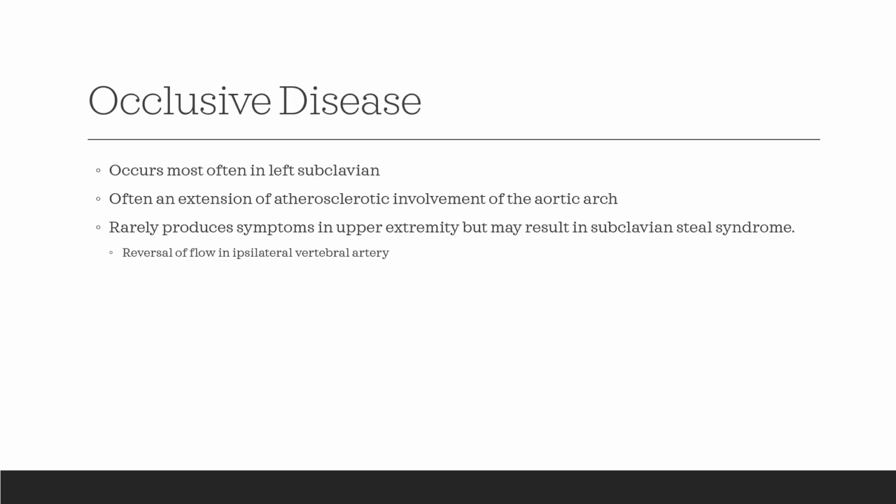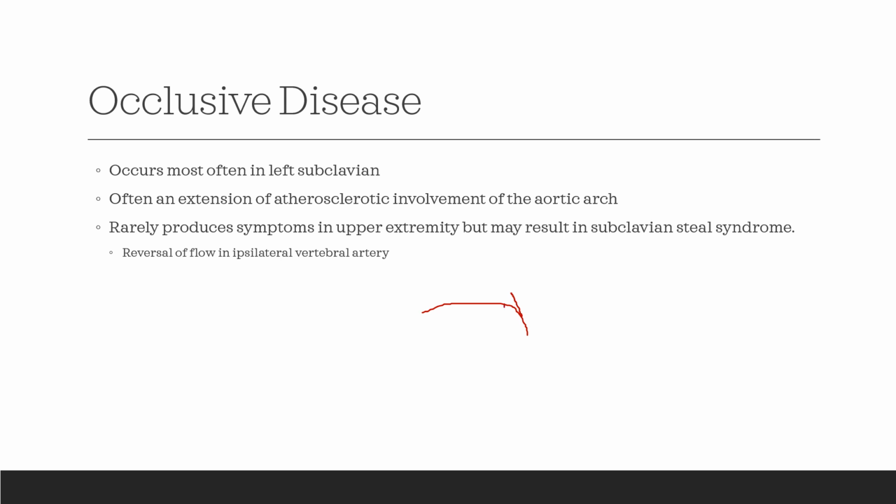Occlusive disease, we already talked about this, is most common in the subclavian. It's often an extension of atherosclerotic involvement of the aortic arch. So it's probably going to start in the arch and then extend into the subclavian. It rarely produces symptoms in the upper extremity, but can result in subclavian steal syndrome if it's a very significant case. When we have subclavian steal syndrome, if my subclavian artery is blocked off,